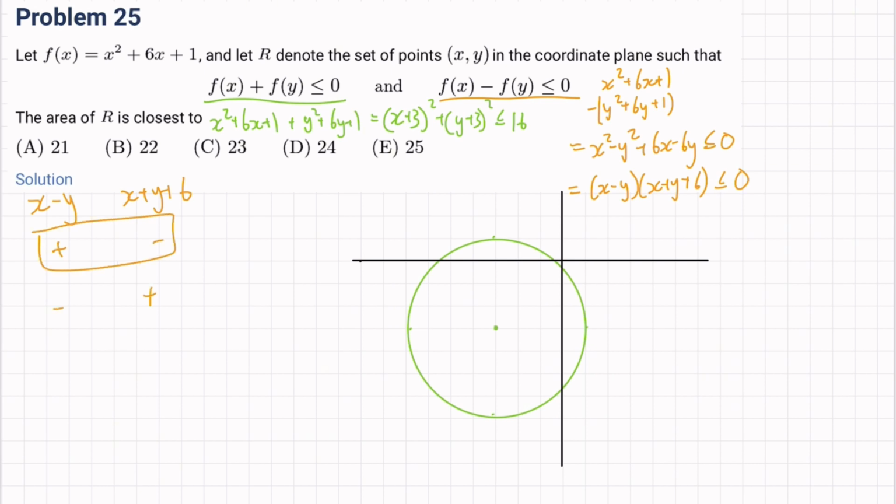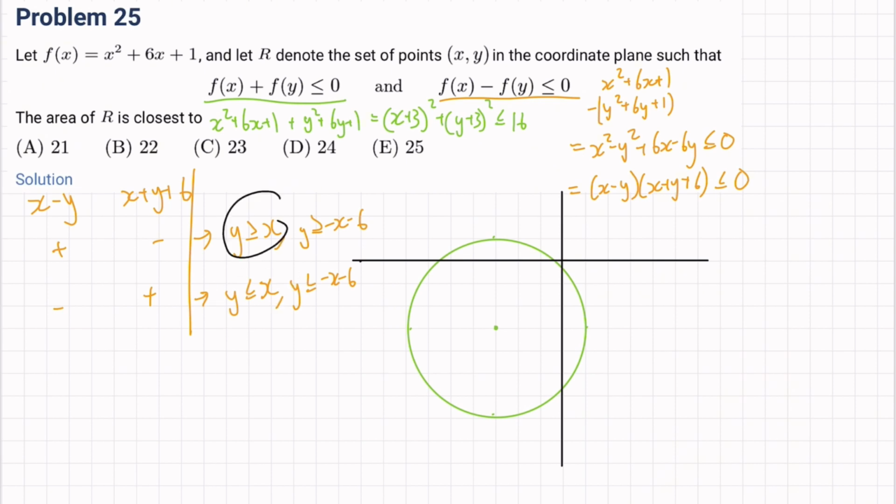And so if it's positive and negative, then this would make it so that y is greater than or equal to x, and y is greater than or equal to negative x minus 6, right? And if it's negative and positive, then the signs will be flipped. y is less than or equal to x, and y is less than or equal to negative x minus 6, right? And so if we draw those two lines and then color those values,